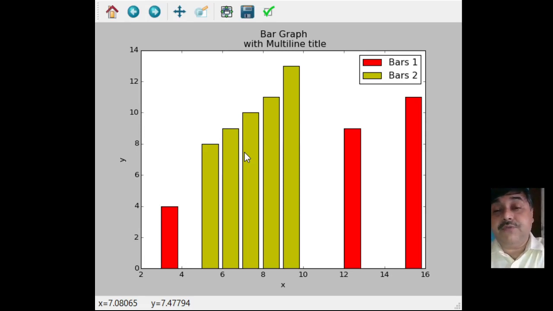Next, in this graph we have given one color and another color. The bar 2 values have come in yellow color, and the bar 1 values have come in red color because we have mentioned it here. This is the slash implementation, where the text has come on a new line. That means within inverted commas, if you give a tab or slash, that will work. So this condition is also satisfied. And there we have created one legend.